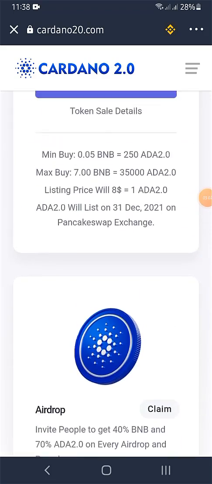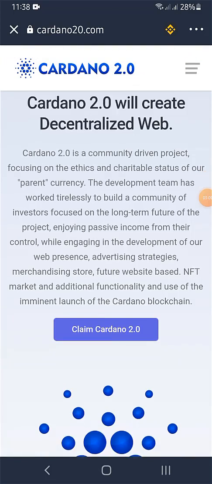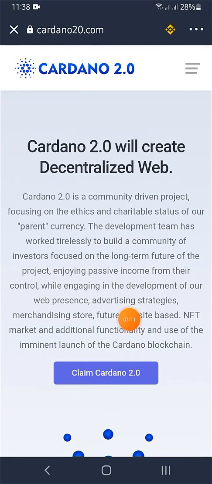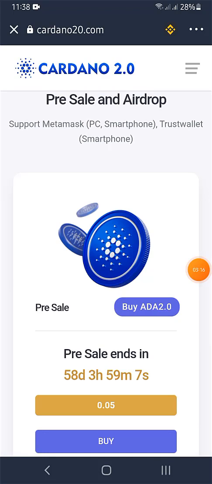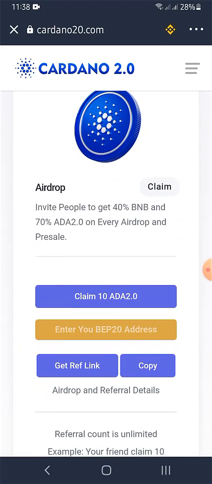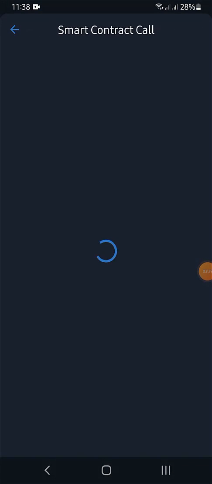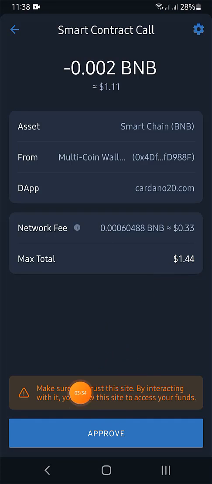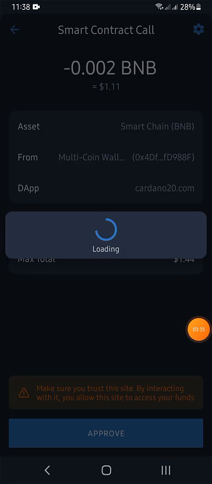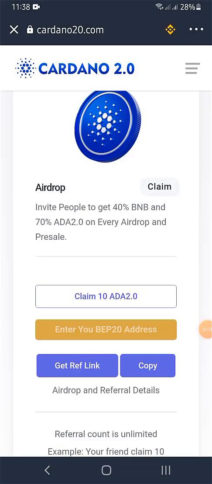So then now I want to go and claim my airdrop. You're going to click on claim airdrop 2.0 right here. You're going to scroll down. You're going to click just 10. They're giving out just 10 tokens, right? So you're going to click on that 10 token. You're going to connect it. So it has been connected, right? You're going to click on connect. All right, so it has been